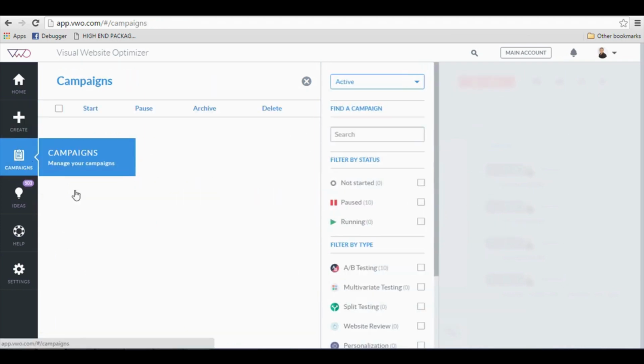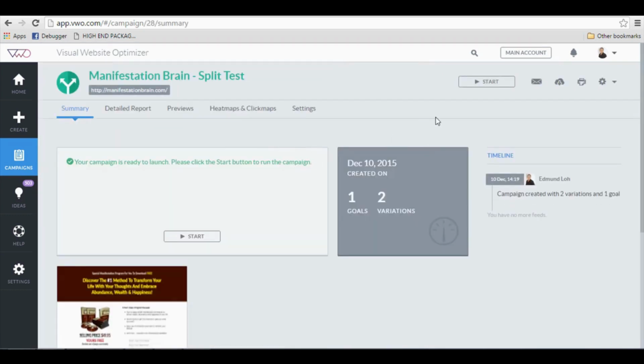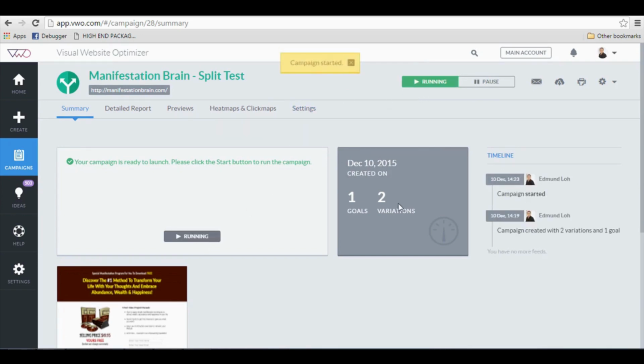Let's go to the Manage Campaign, and you can see that the manifestation brain split test has been created, but it is not started yet. So let's check it out and start the campaign on the Start key here. Okay, now that it's running, what's going to happen is after you start sending in traffic for at least a couple of